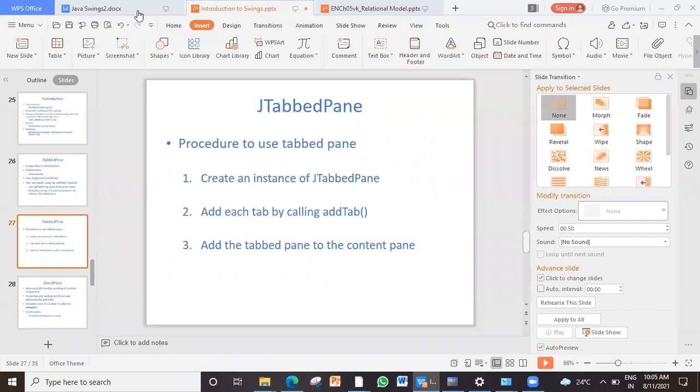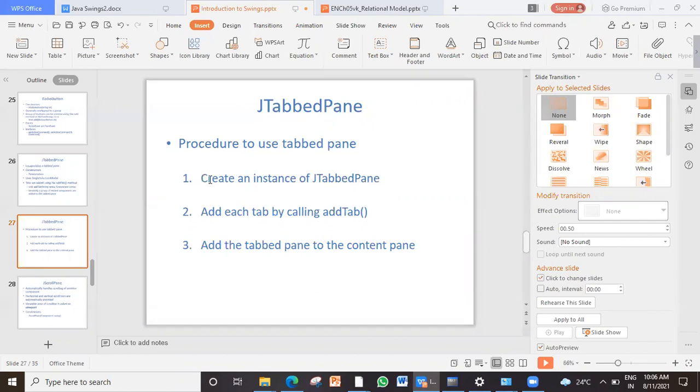To create a tabbed pane, you are going to use the same components that you have learned so far, like buttons or checkboxes or lists or text fields. Nothing new. But how to combine them is called a tabbed pane. Clear with that? Fine.